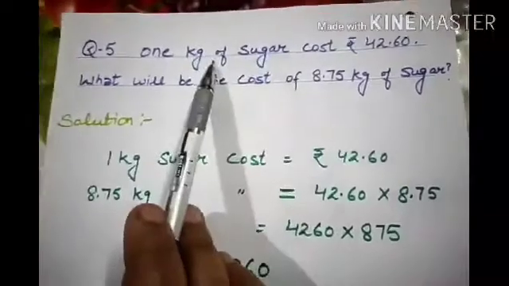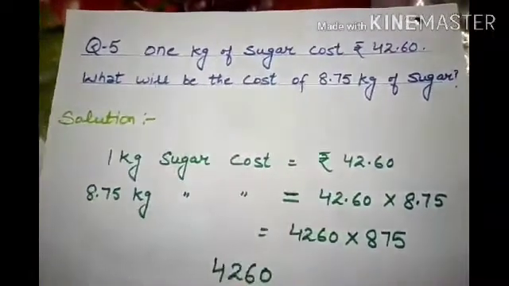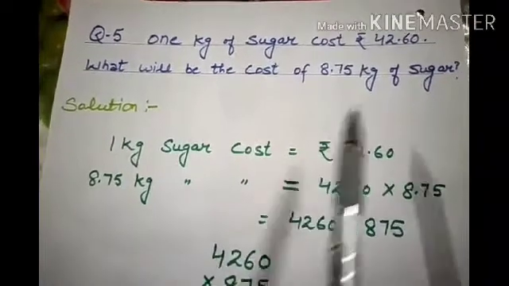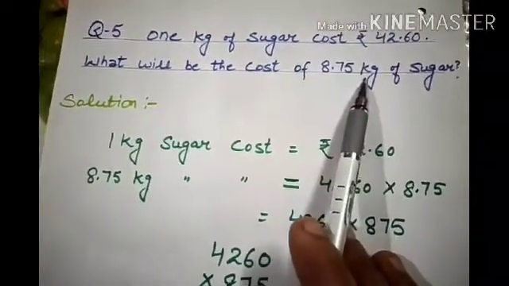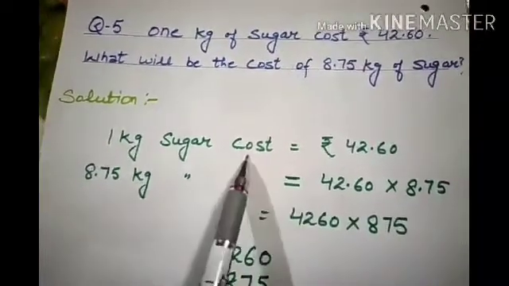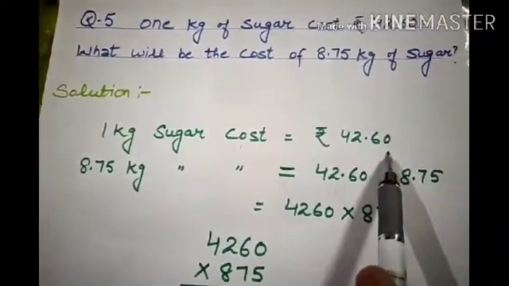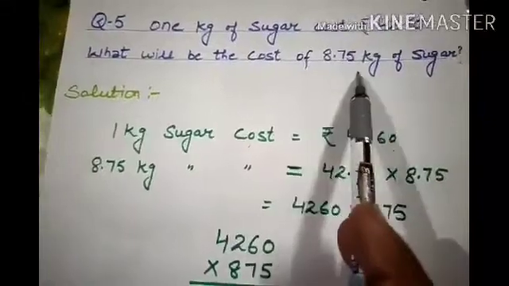But whenever the 1 kg cost is given and we have to find the more quantity, we will use the multiplication operation. Clear? So in this question, the 1 kg sugar cost is 42.60